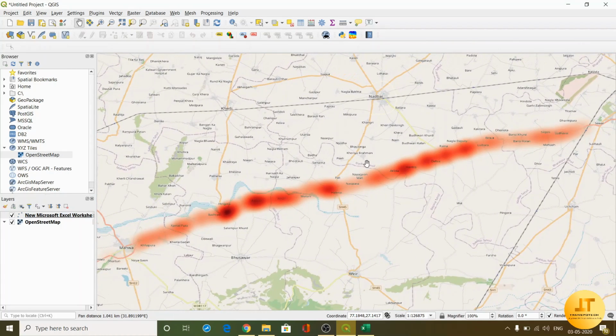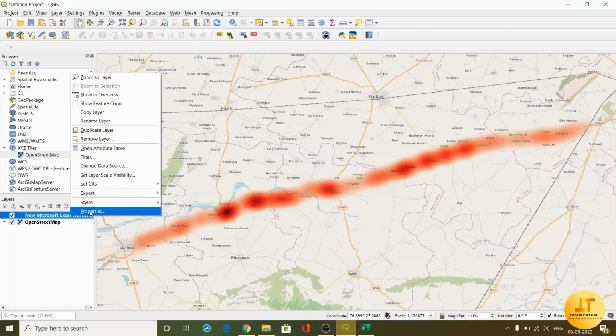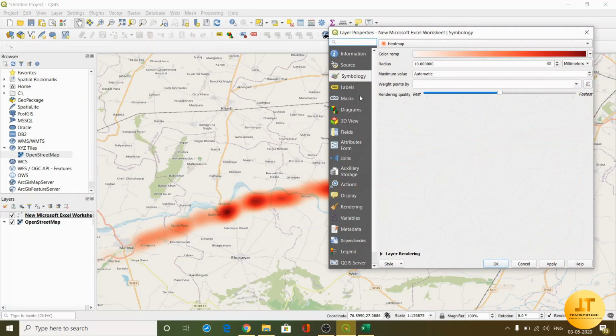But the problem with this heat map is that it gives the same weightage to fatal accidents, grievous accidents, and minor accidents. We can rectify this. We'll go to properties. Here we can give weightages to each accident.